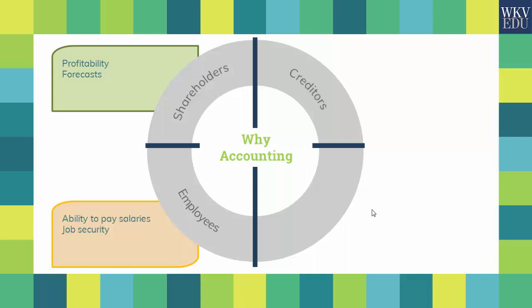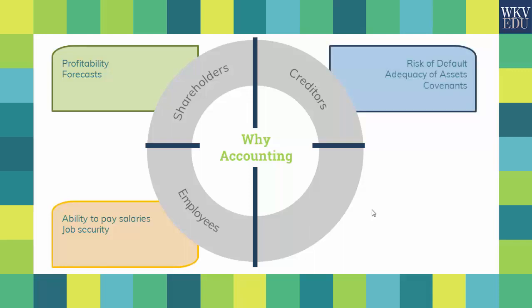Creditors are the people who have given loan to the company for its functioning. Therefore, they would be interested in the risk of default, that is the probability that the company goes bankrupt or does not repay the loan that has been forwarded to it by the creditors of the firm. They would also be interested in looking at the adequacy of the assets, that is, whether the assets are enough in number and amount to pay off the debt that the company has from these creditors in case the company winds up or shuts down its business.